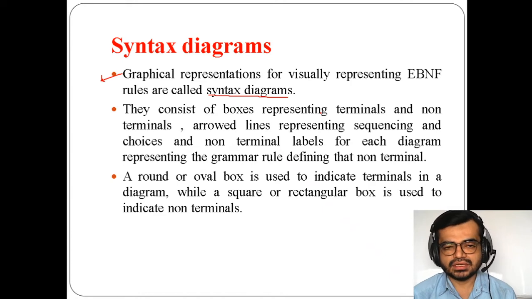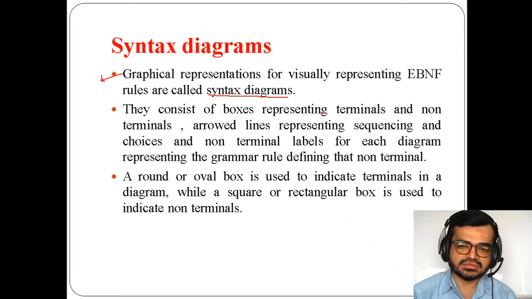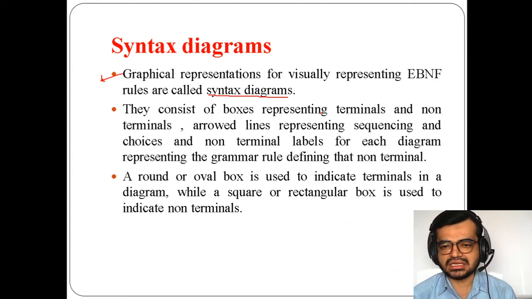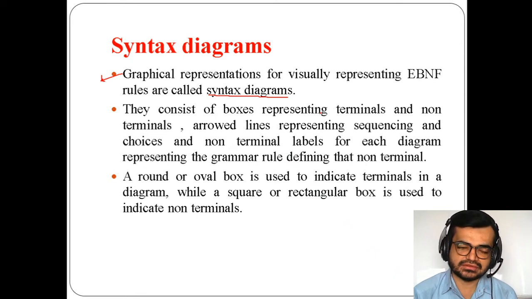So now we take terminals and non-terminals in terms of box representation, and in order to connect terminals with non-terminals, or non-terminals with terminals, or to show the sequencing, we use arrow lines.